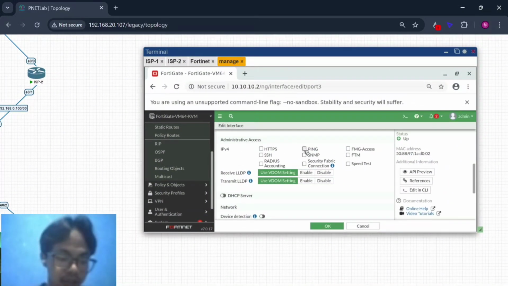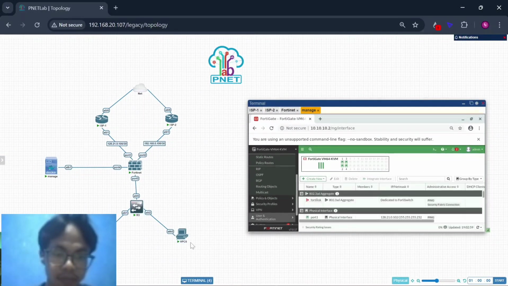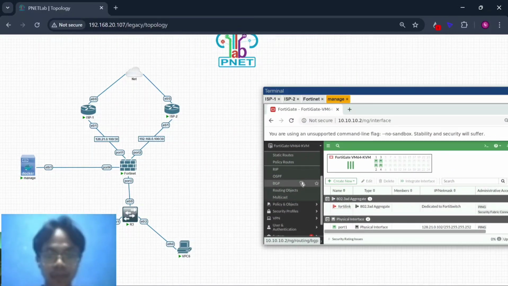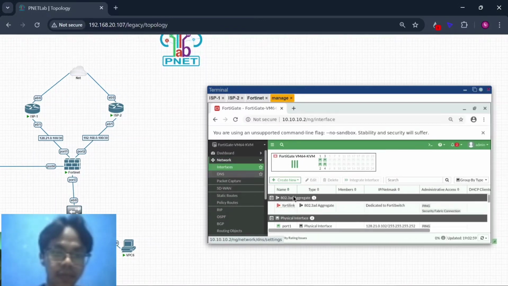for port 3 you can allow access ping, so the VPC can ping the internet. First you must create a VLAN interface: go to interface, create new interface.